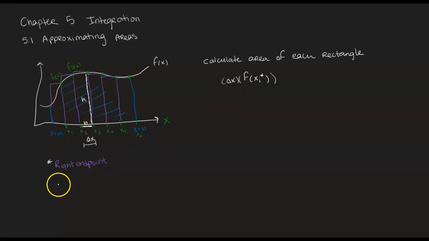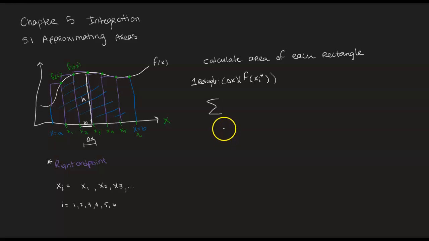And then the x sub i, this is a way to make a list of sequential values. So x sub i gives us our x sub 1, x sub 2, x sub 3, etc. The i is an index that can be 1, 2, 3, 4, 5, or 6 in our situation. We went all the way up to x sub 6. So it's a shorthand notation here. One rectangle will have this area. But then to find the sum of all rectangles, we're going to use that summation notation